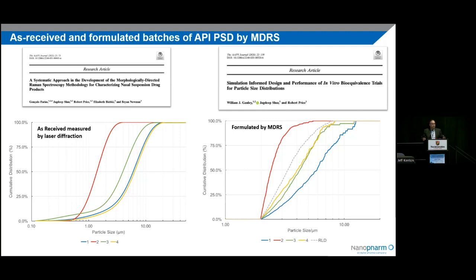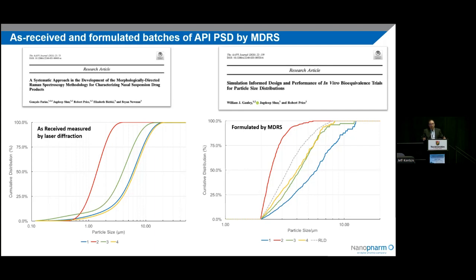We can track the particle size that we've brought in as received, and when we put it into the formulation, we're able to track that, with the exception of formulation or batch 4, where you can start to see that the formulation process itself is dispersing the API and is a lot closer to the reference product in that behavior. So the paper that we've published talks through a lot of the challenges in terms of